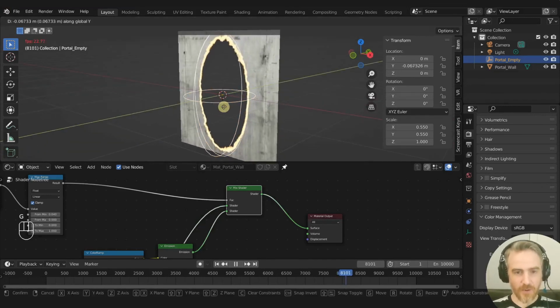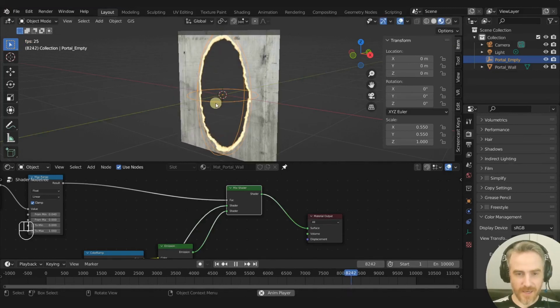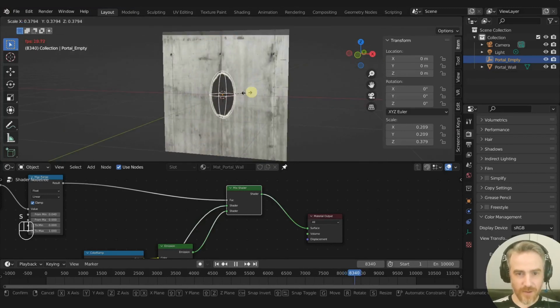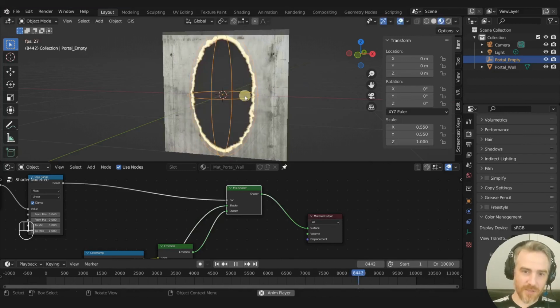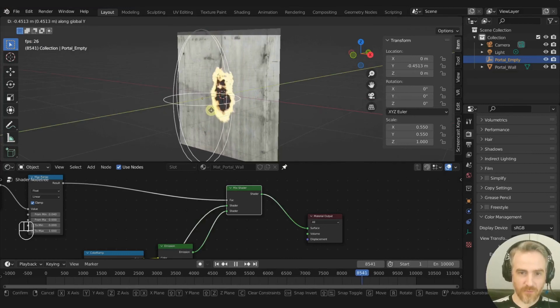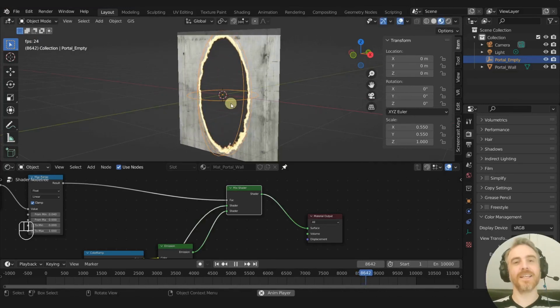And if we grab this and move it, it's going to follow exactly wherever this empty is. So you can control the size. You can even scale it down like this. This is what I did originally, but it doesn't look as good as just doing this. It looks like it's burning open, which is exactly what happens when you actually shoot a portal onto a